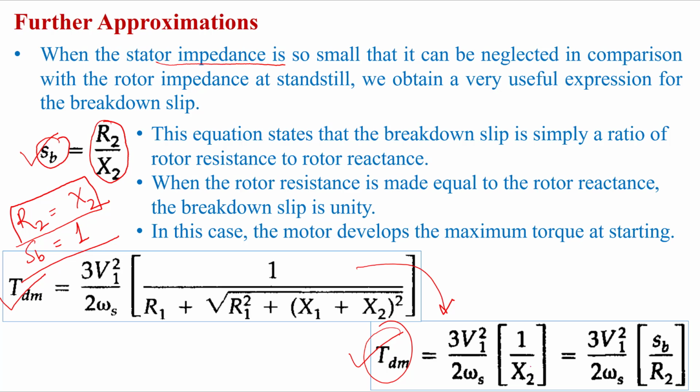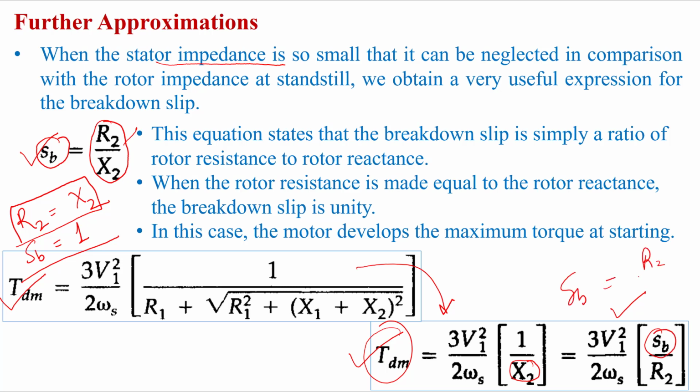Instead of X2, I can also substitute in terms of the breakdown slip. X2 will be equal to R2 by SB, from this expression. So if I substitute here, it becomes 3V1 square by 2 omega s into SB by R2. So this is the expression for maximum torque, and the breakdown slip SB